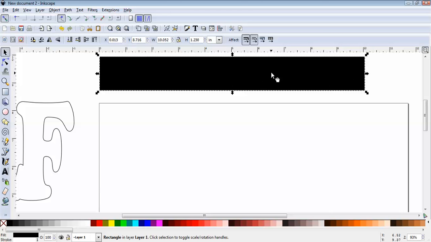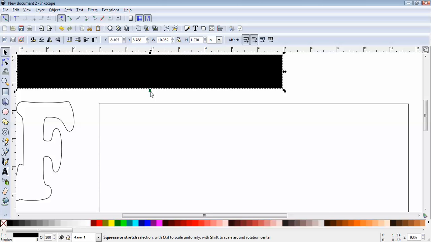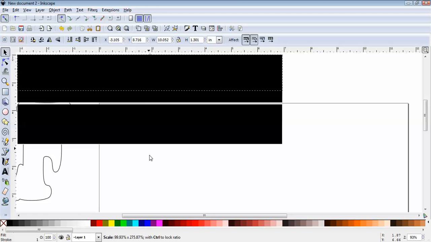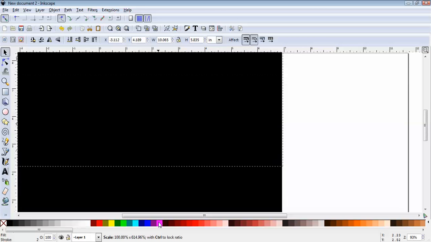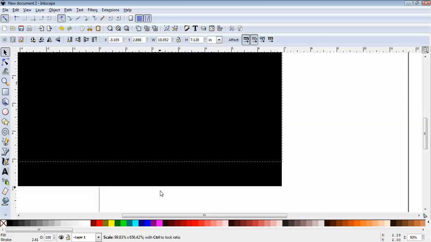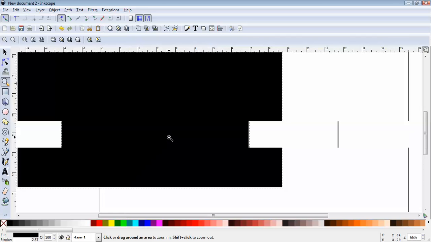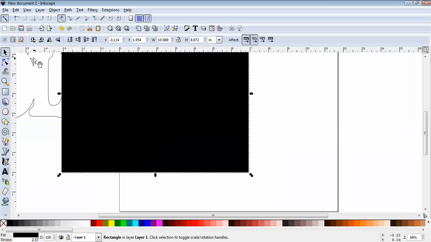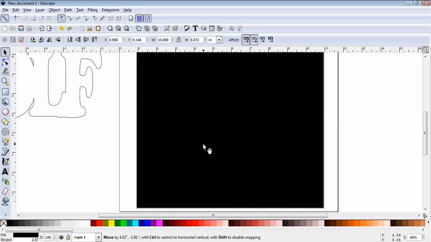Now, same for the height. Slide it over to the side ruler, and if we want this to be 10 inches by 8, just drag this down, and if you go beyond the border, it'll keep scrolling down. So we want this to be right at the 2 inch. Simple math, 10 minus 8 is 2. So now we have our rectangle that's exactly 10, and we'll drag it here, and let's zoom out just a little bit more,